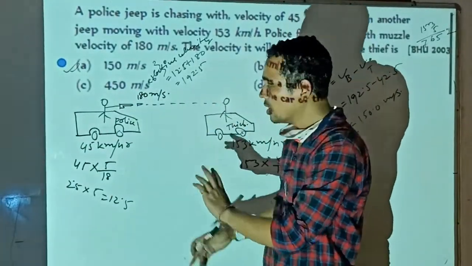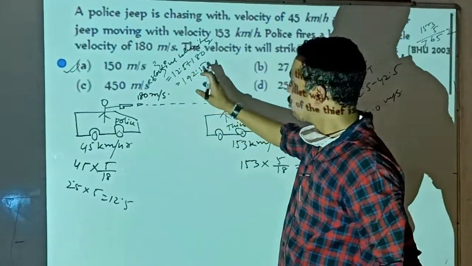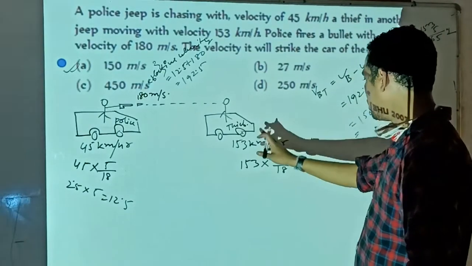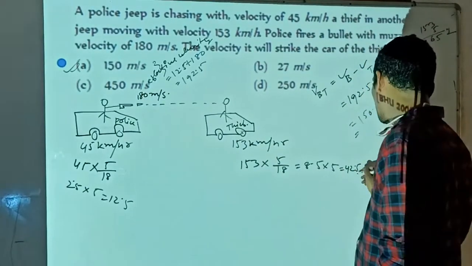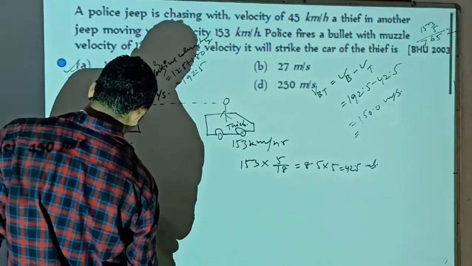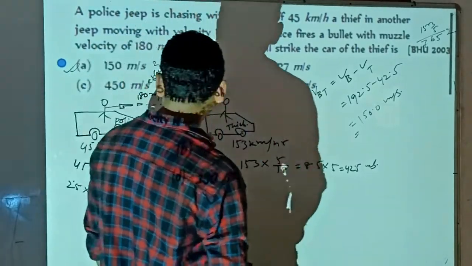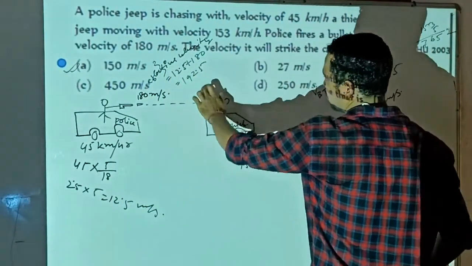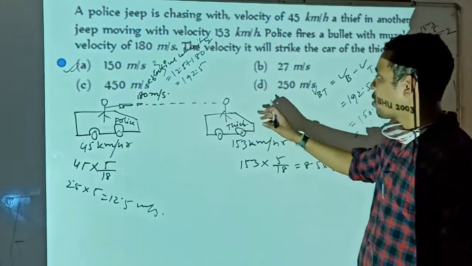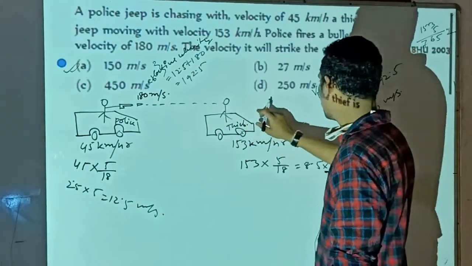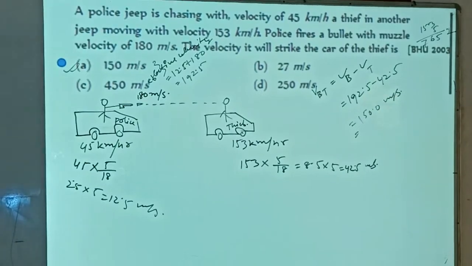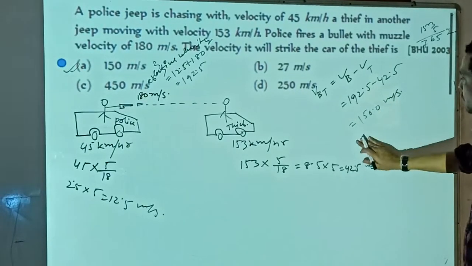Same direction, your velocity is there, effective velocity will be positive, okay. So that will be 192.5, and for velocity of thief that will be converted into meter per second, that is 42.5 meter per second, and already that was given for car 12 meter per second, okay. So that will be effective velocity of bullet 192.5, and for thief 42.5 meter per second. So if we compare the velocity of bullet with respect to thief, that will be Vb minus Vt, and Vb is given 192.5 and Vt is 42.5, then by subtracting you will have